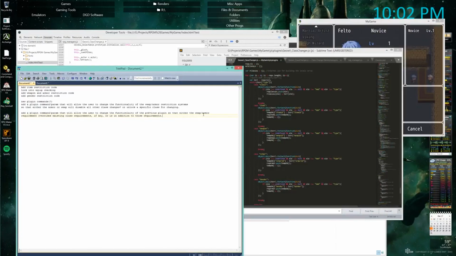This functionality overrides existing requirements. So I think that's kind of inherent in this, though, isn't it? I mean, if it's like a cursed weapon, you should only be able to change that class when you have that weapon. And maybe that would be up to the game developer to then have the clarity to say, okay, if this is going to be a cursed weapon, I don't want any other requirements except for this weapon requirement. On the other hand,